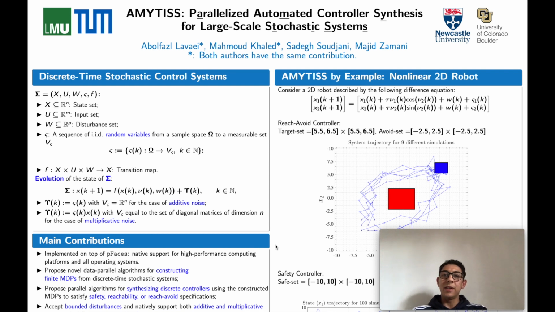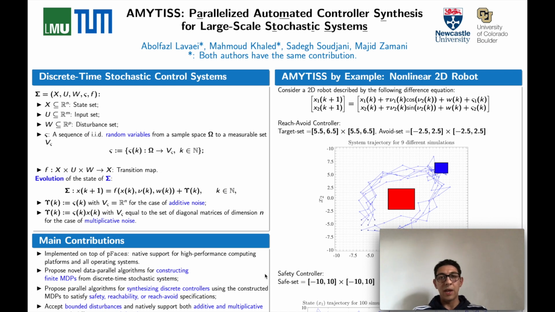AMYTISS is used to automatically design controllers for stochastic systems. Stochastic systems are a general class of dynamical systems with disturbances and noise. They can be used to model several classes of physical systems and applications, including robots and autonomous vehicles. Given high-level specifications like reachability and safety, AMYTISS can automatically generate controllers that are correct by construction and guaranteed to